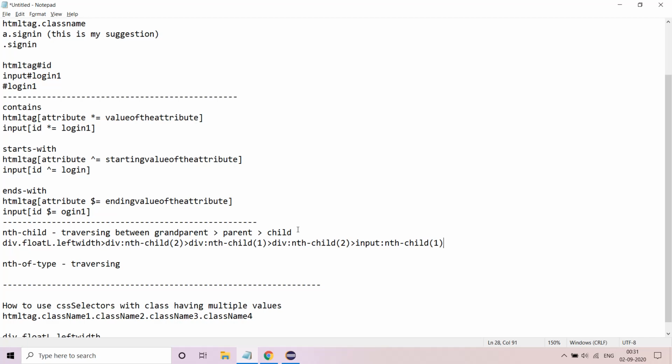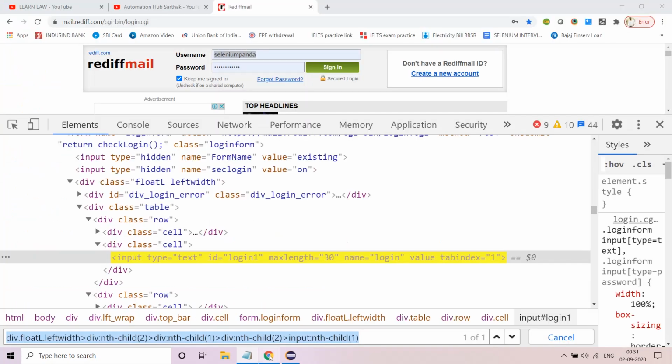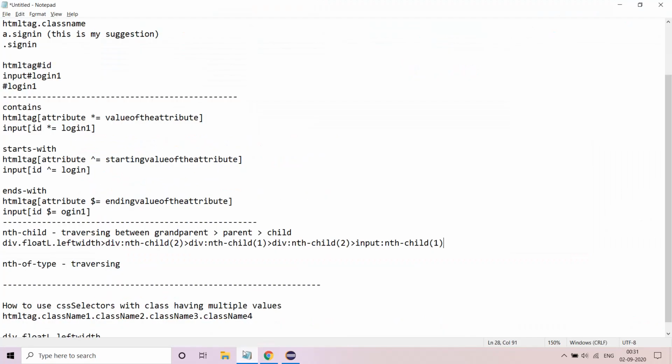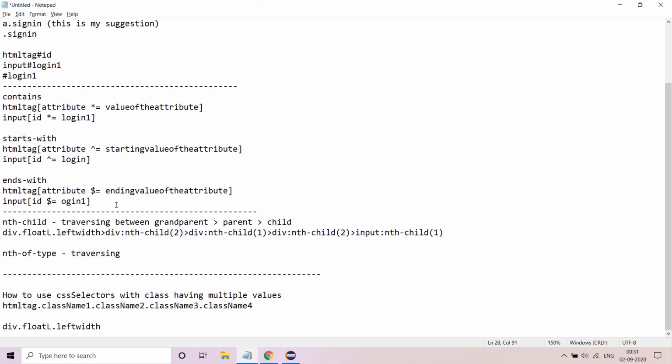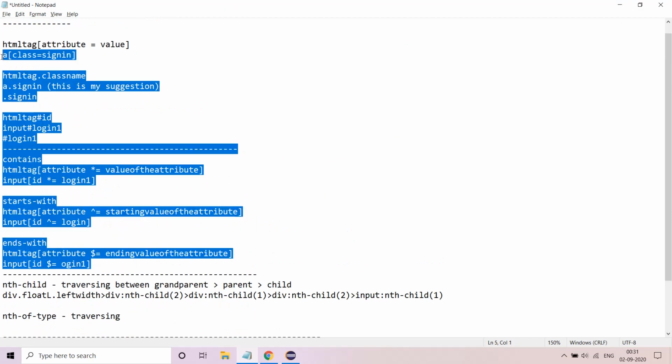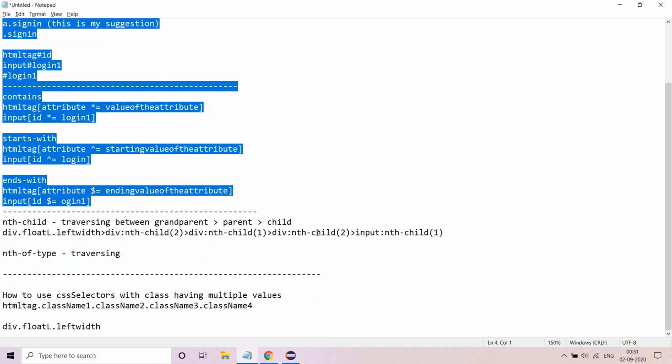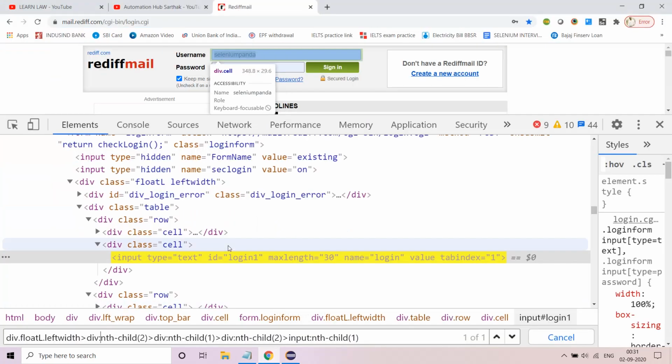So similarly, there are a lot of other ways you can choose to write different kinds of CSS selectors. There are a lot of CSS selector types and techniques which I've already told. You can use any of them. Like in XPath, we could use any of the XPath as per our whims and fancy, but make sure that it is actually becoming one of one. Similarly, you use your skills here.